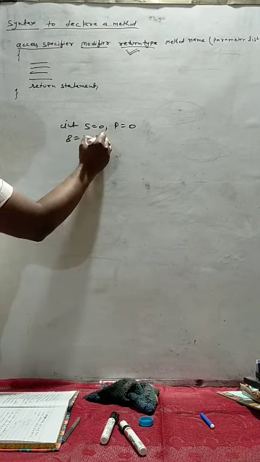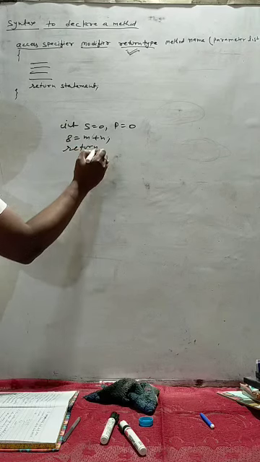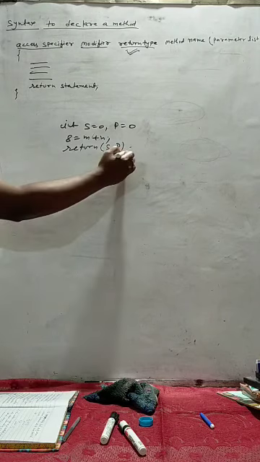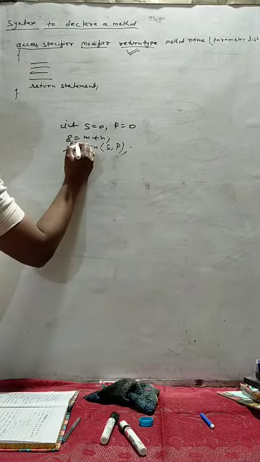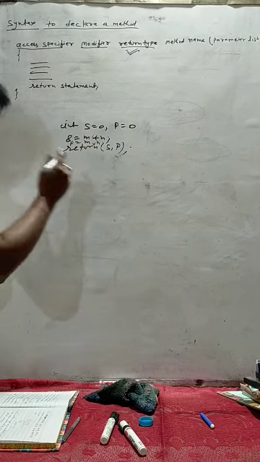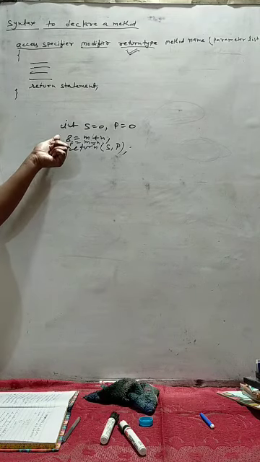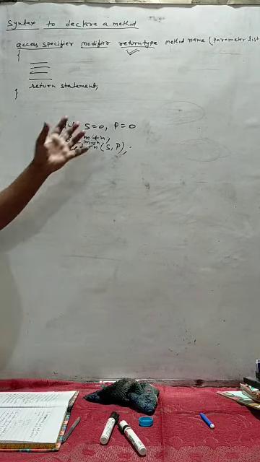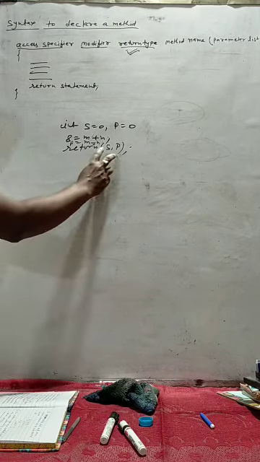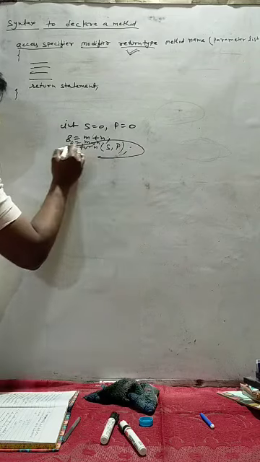s equal to m plus n, return s, p, and p equal to m into n, or m minus n, anything. So we are calculating two values. One is s, which is the sum of two variables m and n. One is p, which is the difference of m and n, and we are returning both results at a time, s and p. But this is a wrong statement.